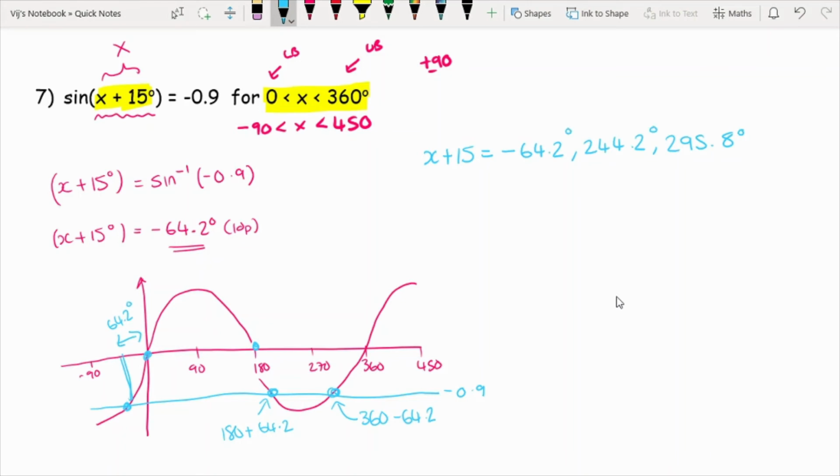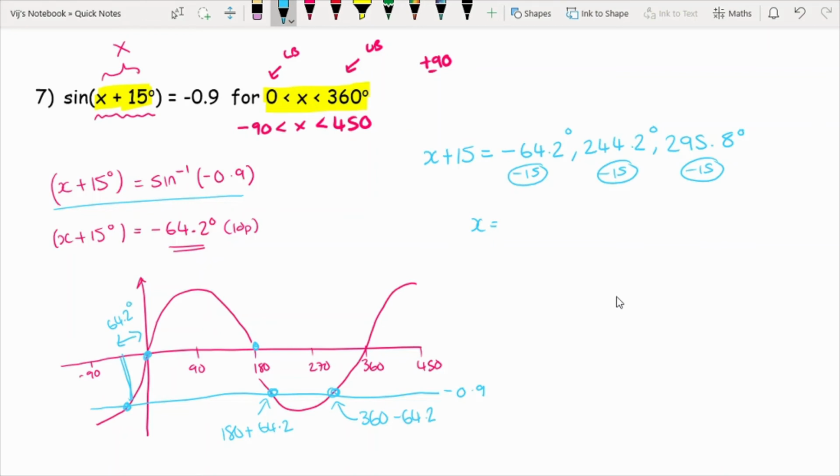Now I haven't finished the answer, but what I have done is I've found the 3 intersection points of solving that equation there, and now what I need to do is make x the subject. So I need to get rid of the 15 by taking away 15 in both of these 3 angles. Now if I do that, I get x equals, now minus